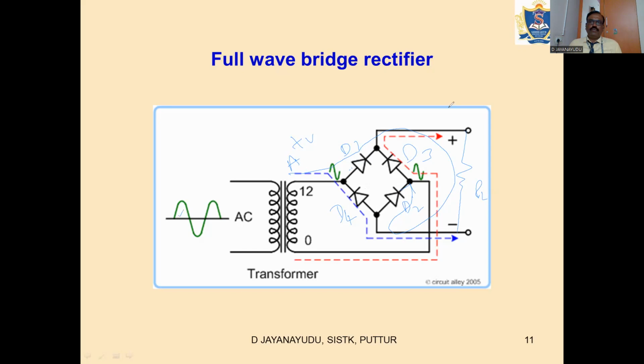Now let us look at the negative half cycle. So if you have a negative half cycle, this point will be positive. Let's say this is D3, D4. So these two will be conducting so that the current direction will be in this direction. It flows like this. Okay. So as you can see in this animation,